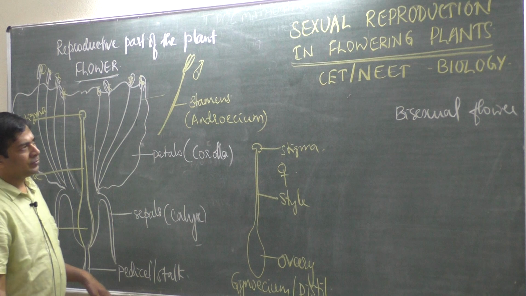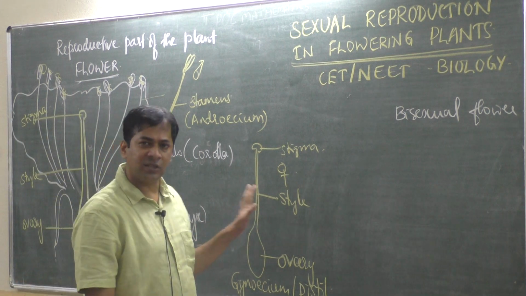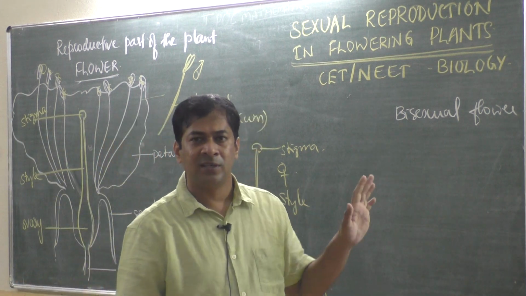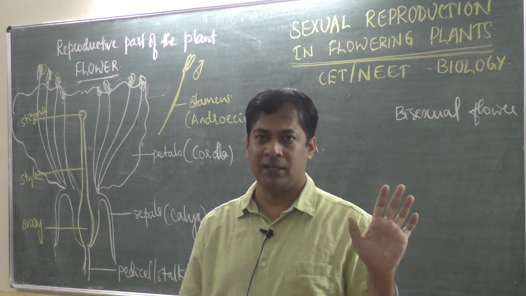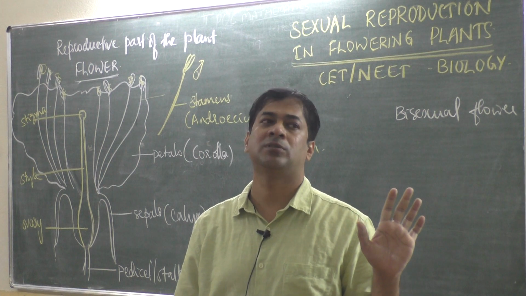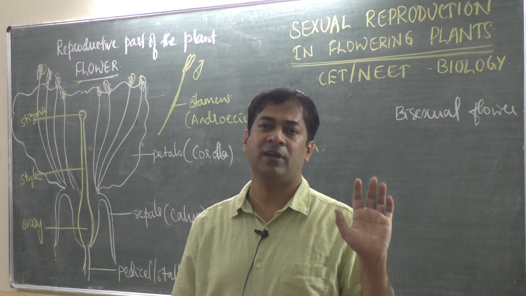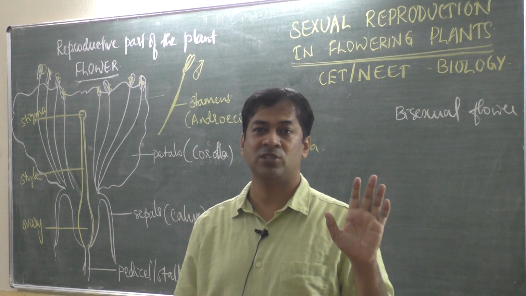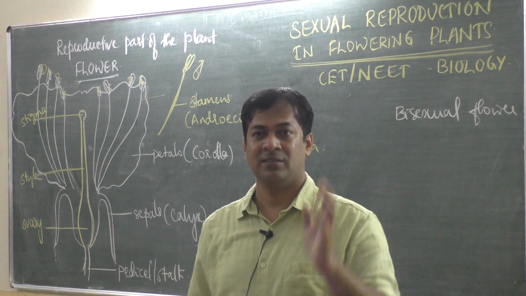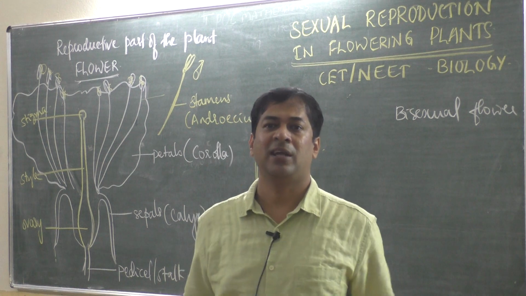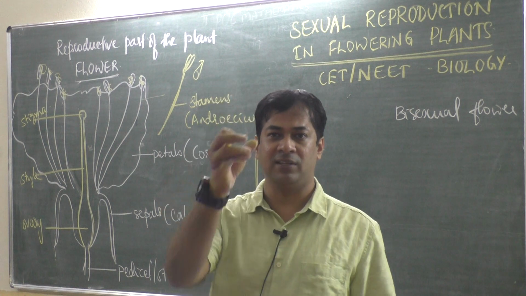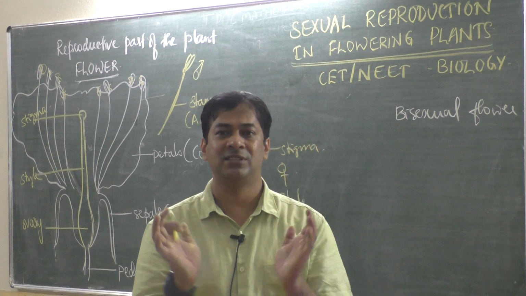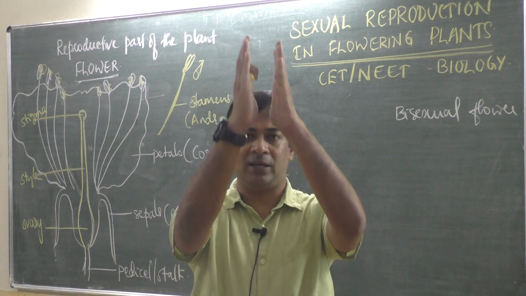So why did we learn the structure of a flower here? Because in higher plants we are talking about angiosperms. Angiosperm means flowering plants. The word angion refers to a vessel-like structure. Vessel means, like a flower vase in which we keep flowers, a vessel-like structure which is bulbous at the base and then narrows.